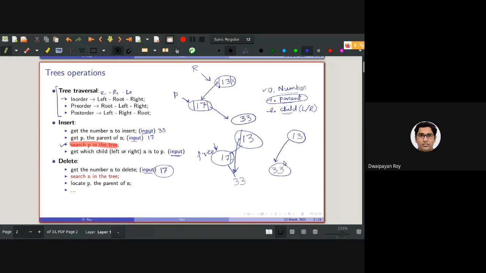Yes, please go ahead. If there is another left child of 17, then what will happen? Good question. If there is another left child of 17, say 12, basically it would be like this. This will be brought back as the root here. If I want to delete this, we need to free this. Don't worry, we will be discussing this maybe in the next class, not today.